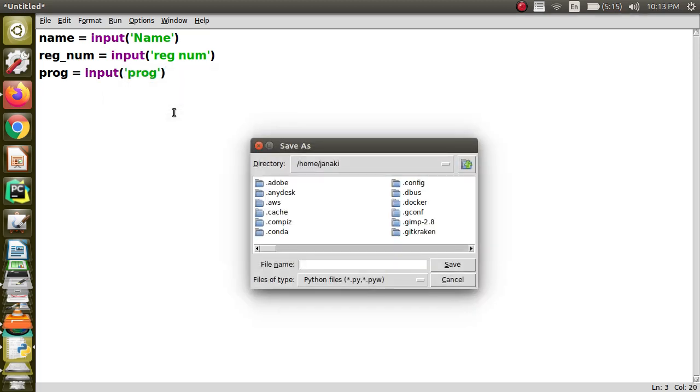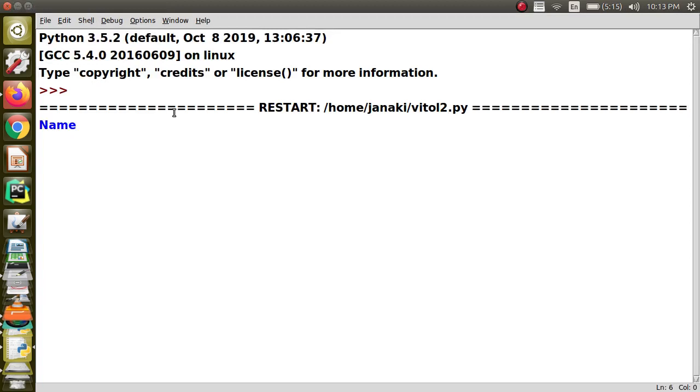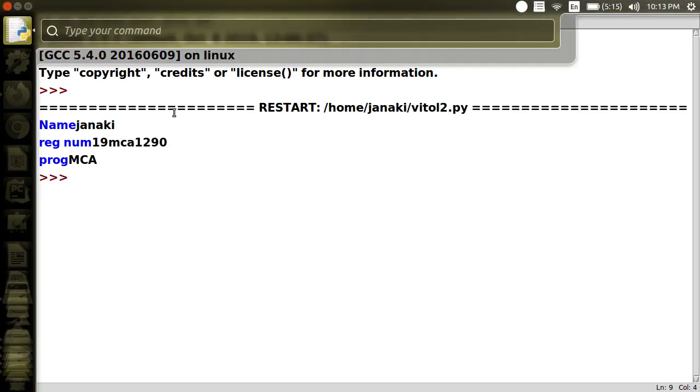So I can save it, and now I am going to execute. Press F5 for execution. It is asking for the name: Janaki. Some registration number, I can say like 1290, and the program I am just going to say as NC, right? So I have got the input.